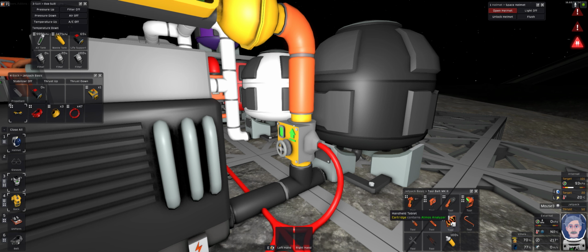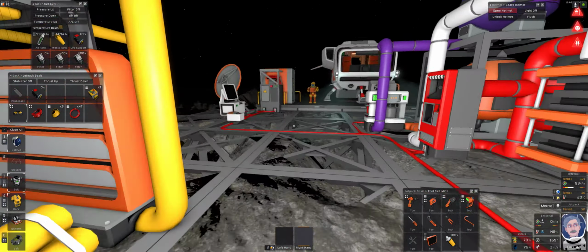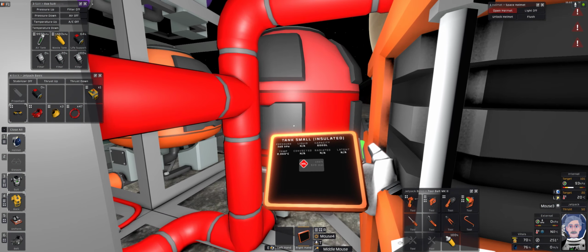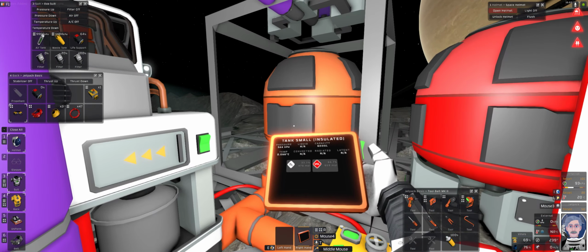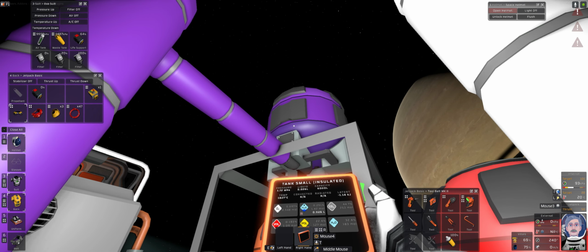Okay, let's get my tools organized. That will do. Right, just let that run. And in the meantime, let's check and see how the volatile supply is doing. Just under 1,000, so we've used just a bit over half. And we have a fair chunk of fuel there. And we're starting to get some pressure on the